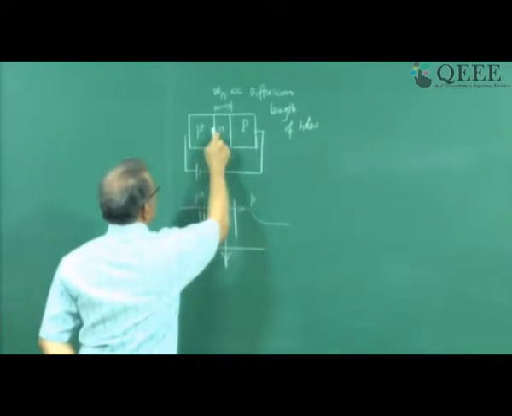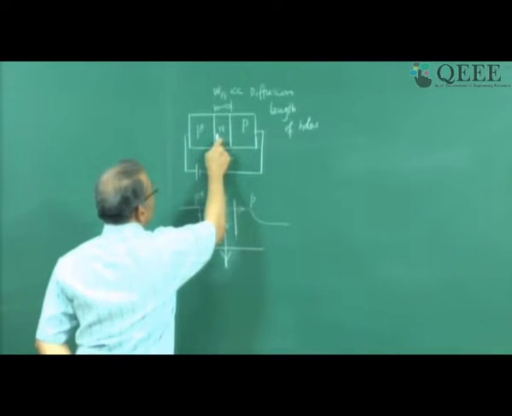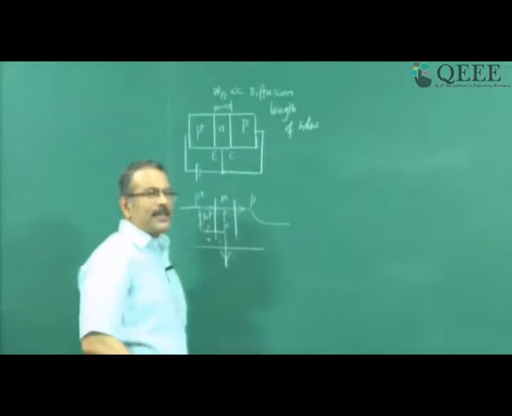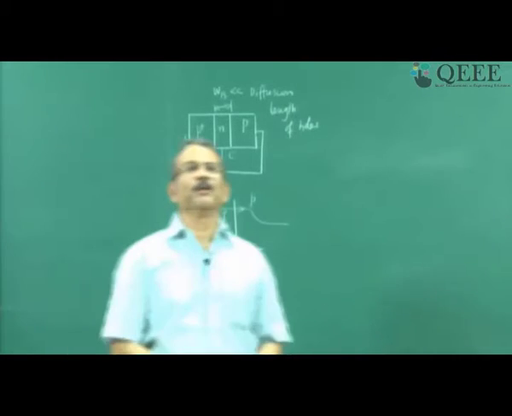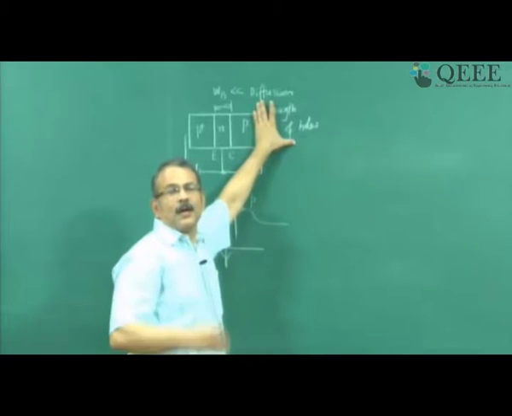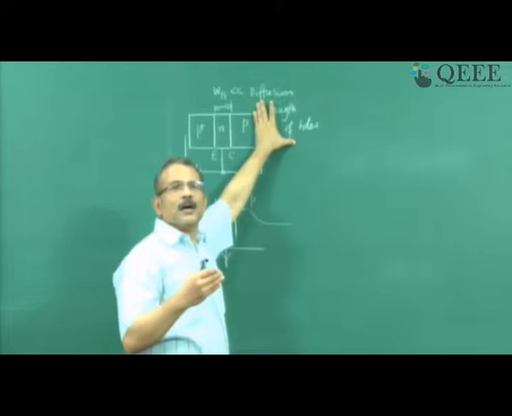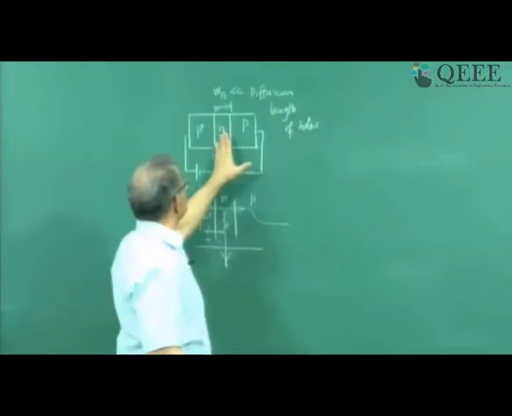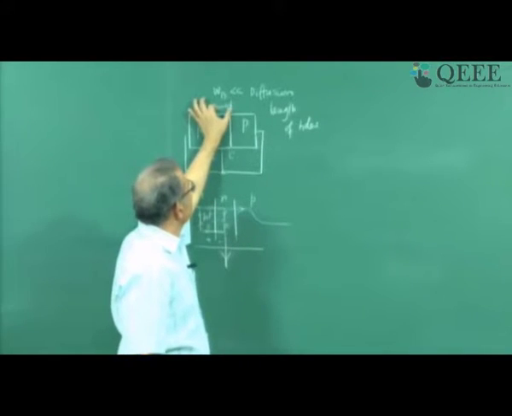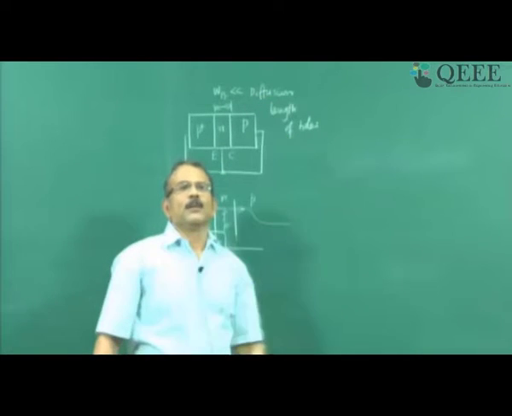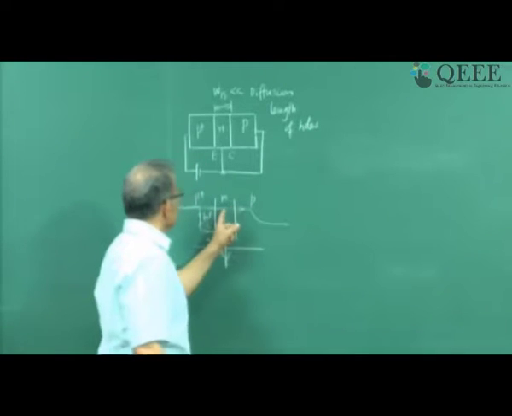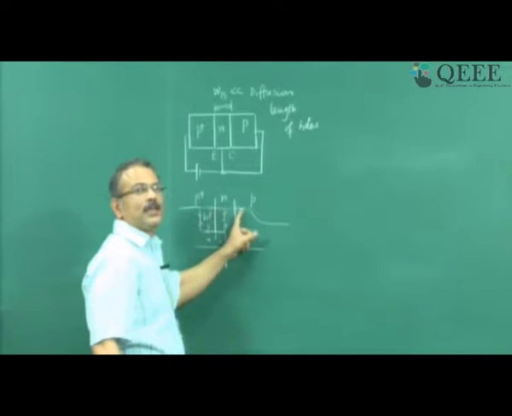So the P region is injecting holes into the N region, and these holes are diffusing while recombining. To what distance do the holes diffuse before recombining? That distance is called diffusion length, the distance to which the holes move in the N region before they recombine. So if you keep the width of this region much less than the diffusion length, most of them will not recombine, right? And therefore most of them will remain and they will cross over into this region.